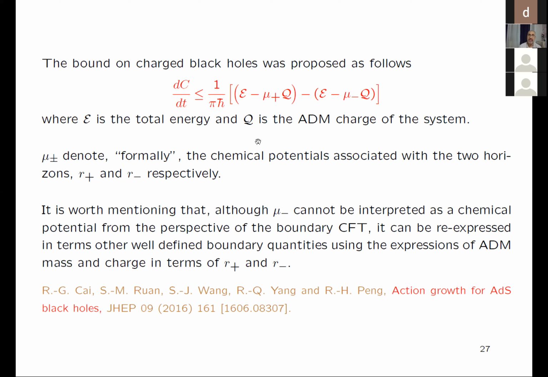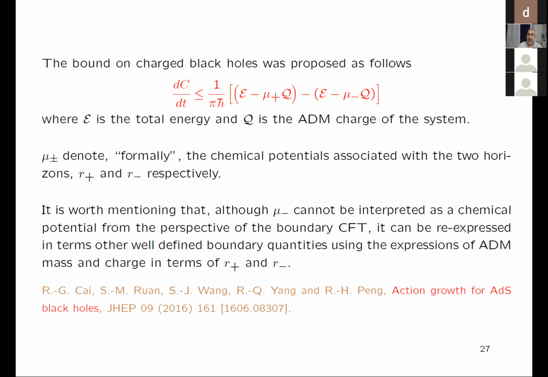Here, E and Q are the ADM mass and charge. And mu plus and minus formally denote the chemical potentials associated with the two horizons, R plus and R minus. It's worth mentioning that although mu minus cannot be interpreted as a chemical potential from the perspective of quantum mechanics, at the end of the day, all charges can be expressed in terms of R minus and plus, and therefore, although this expression looks formal, everything is given in terms of physical